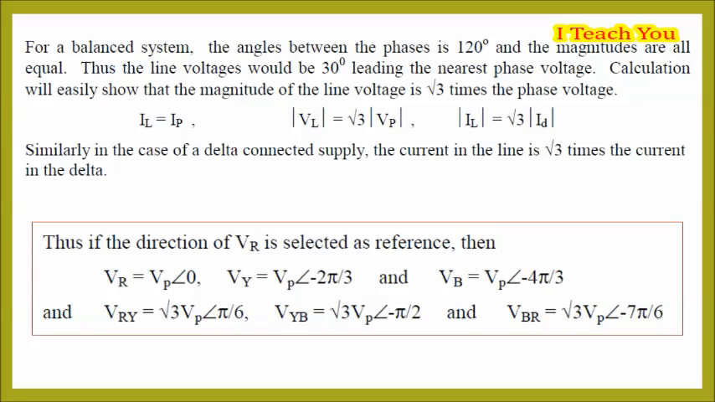IL equals IP. VL equals square root 3 VP. Similarly, in the case of a delta-connected supply, IL equals square root 3 ID, the current in the line is square root 3 times the current in the delta. It is important to note that the three line voltages in a balanced three-phase supply are also 120 degrees out of phase,